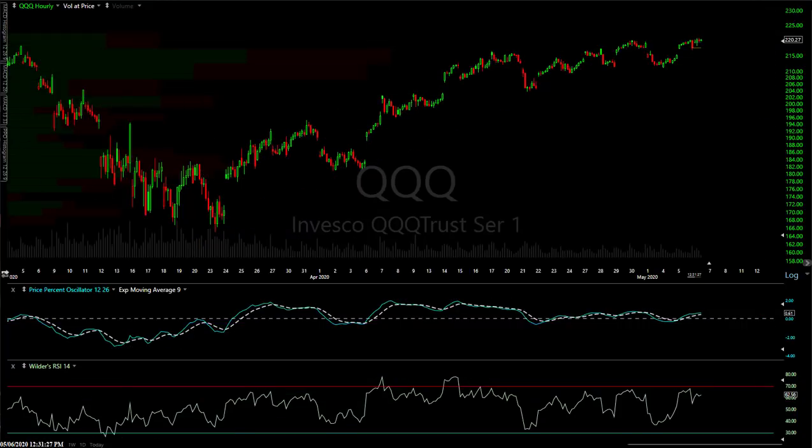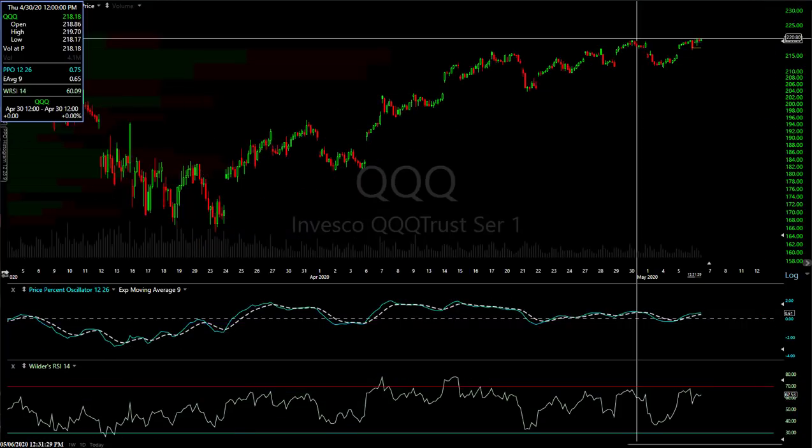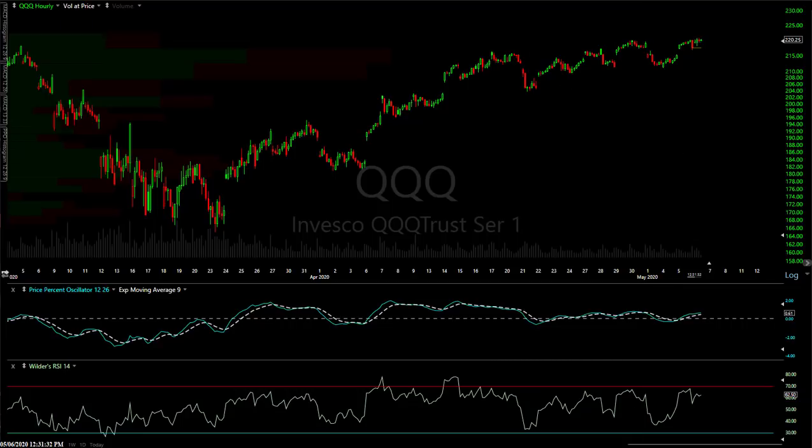Interesting to note when you look at QQQ, we're testing those previous highs right there. Bigger picture, as I said, we're in a multi-week trading range here. If you really look at the bigger picture, it's the top of that one there. And again, QQQ, although it is an index technically speaking, is the least representative index out there, especially for the popularly traded and watched ones. Now, I love trading it, but